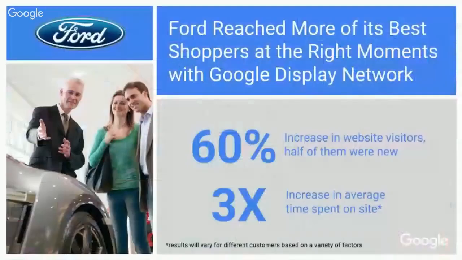They went from a set-and-forget kind of mentality to a constantly optimized mentality. And so the results improve all the time. And they also created some really clever custom ads to drive people to their site. For instance, they realized people were going into their site and changing the colors of the cars in the car builder very often, and put that into their ads, which was great. They saw some pretty astonishing results.